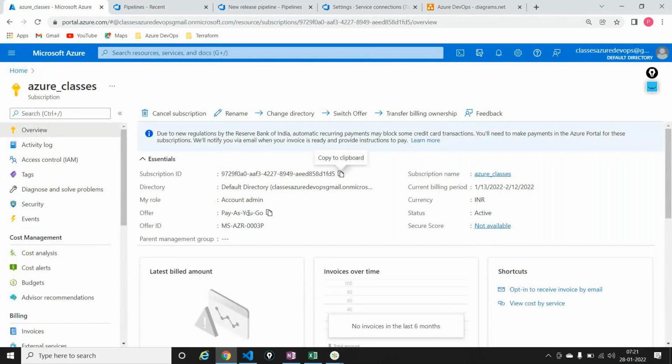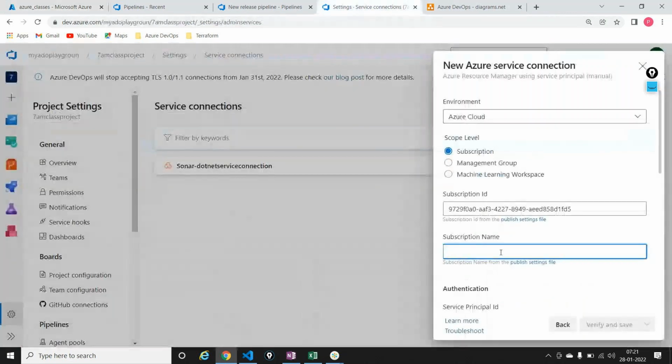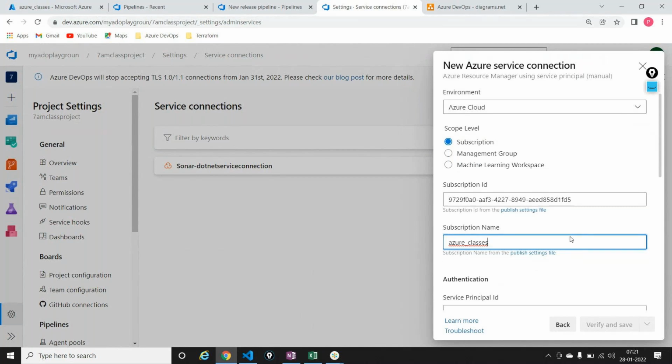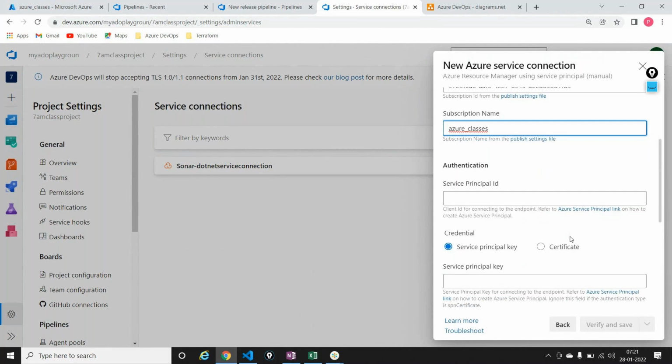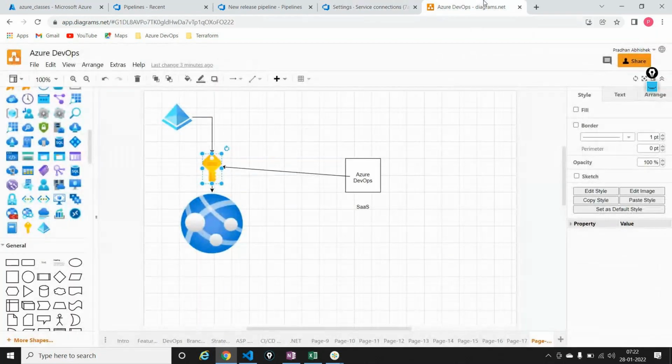The name of the subscription, the offer is pay as you go, but the name of the subscription is something like Azure Classes. This is the name of the subscription that I have. So I'll just copy this out. I'll place it in here. So I've taken my subscription ID, I've taken my subscription name, and now it's asking me what is the service principal ID. Now, what exactly do I mean by service principal ID out here, or what exactly that I mean by this one is that